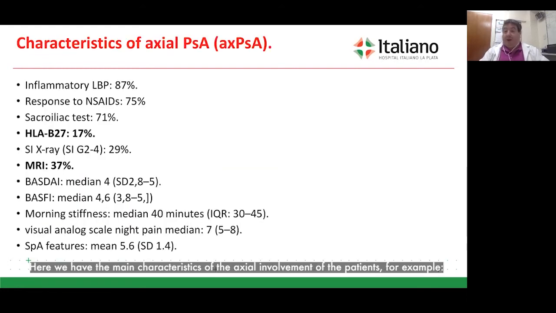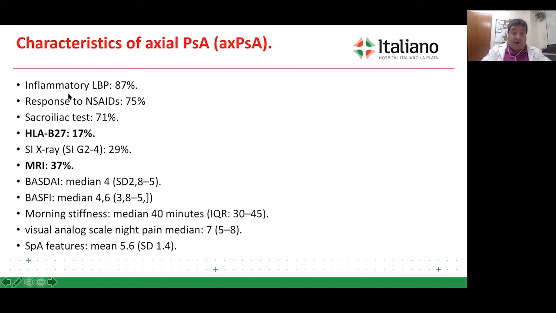Here we have the main characteristics of the axial involvement of these patients. For example, almost all had an inflammatory low back pain. We have a low frequency of HLA-B27. We have nearly 40% MRI positive